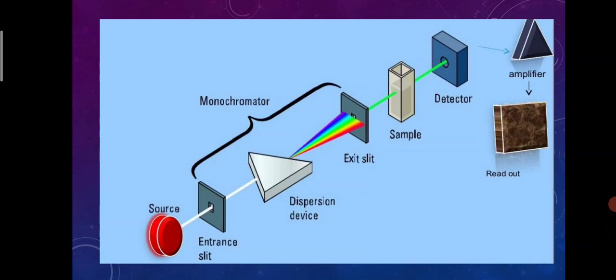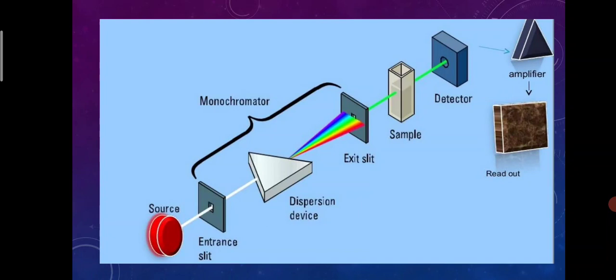Next, this is the instrumentation of the spectrometer. Initially we give a source, that is the ultraviolet radiation. The ultraviolet rays are given to the entrance slit, and the light rays coming out of the entrance slit are fed into the monochromator. What is the use of the monochromator? The monochromator is used to remove the unwanted wavelength. Then that particular wavelength is given to the sample. After that the wavelength is changed a little based on the sample components.